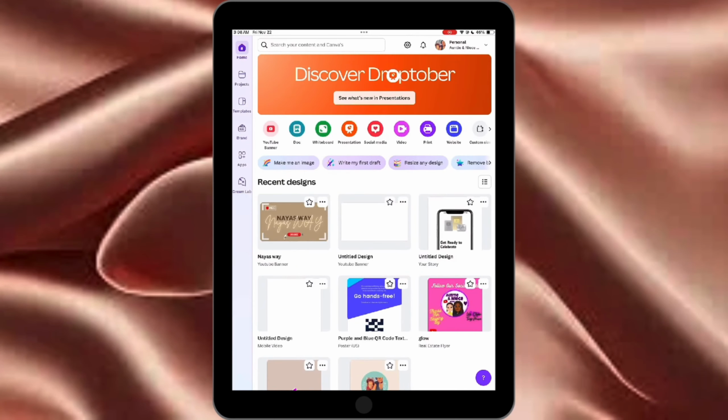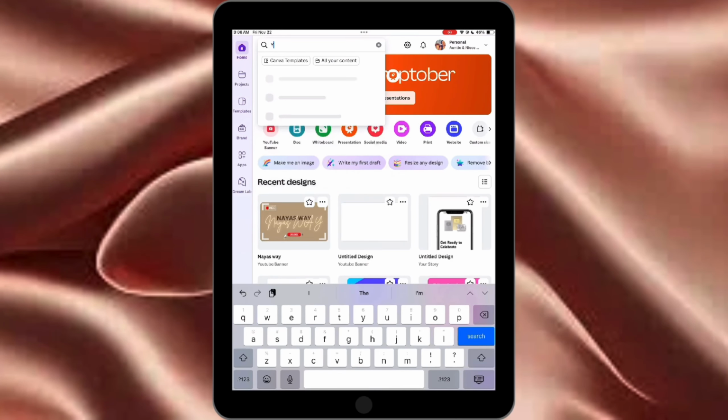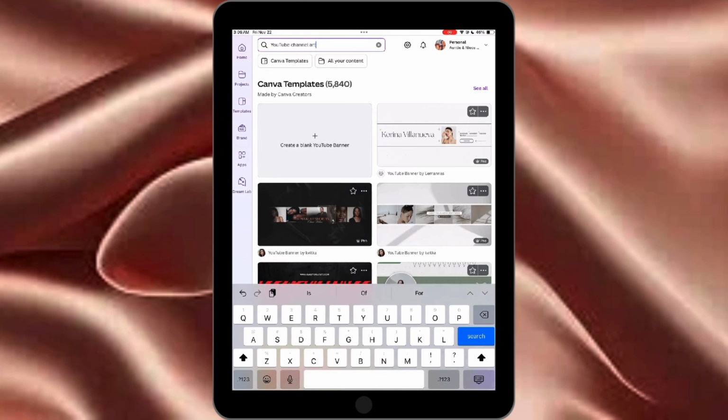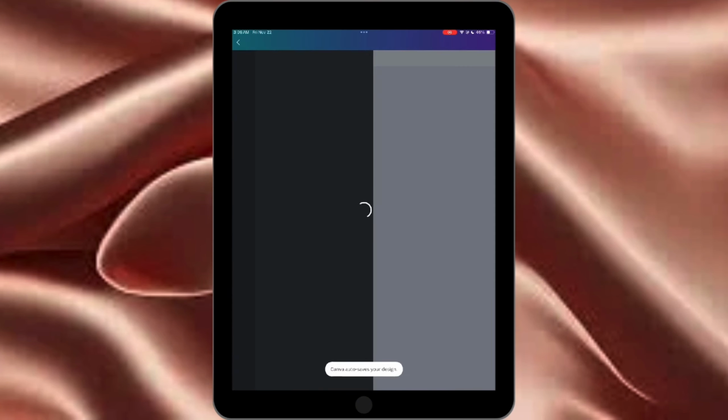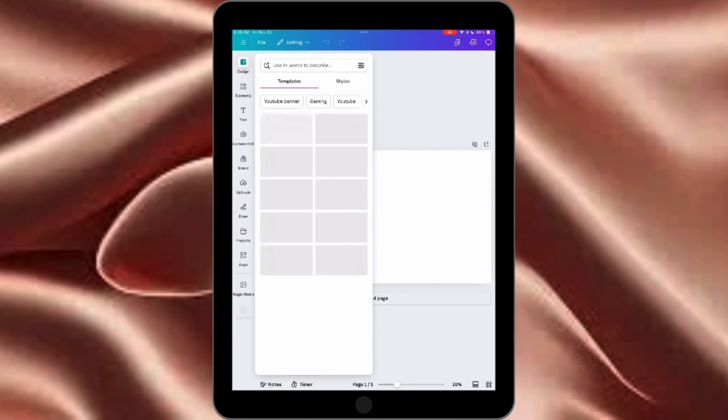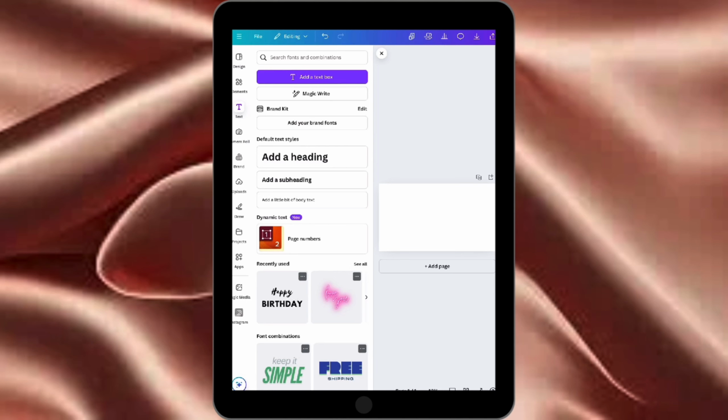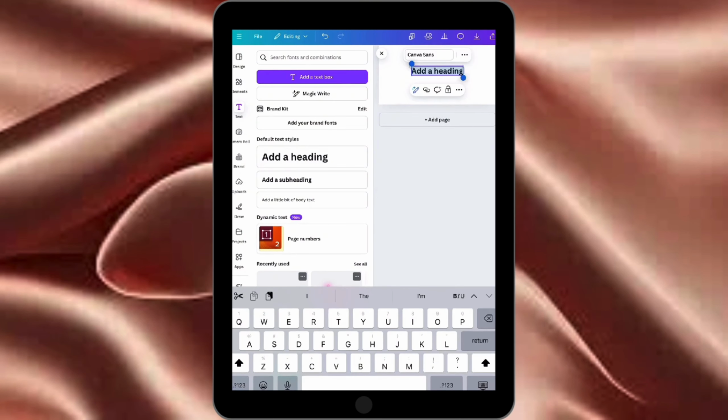Once you've downloaded Canva, you're going to type in the search bar YouTube channel art. I already had it in, but I'm going to show you how to do it. So once that pops up, you're going to click the gray create a blank YouTube banner and we're going to get started. Okay, so the first step you want to do is click on text